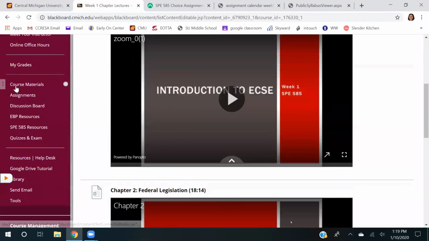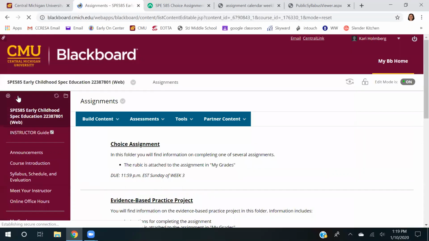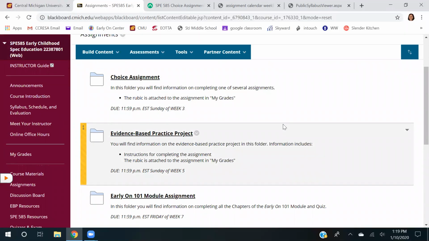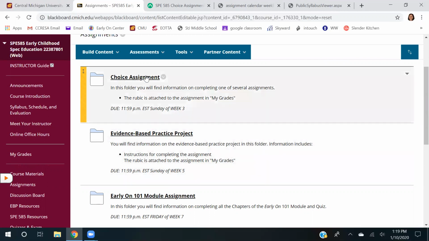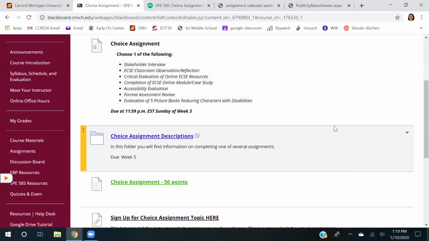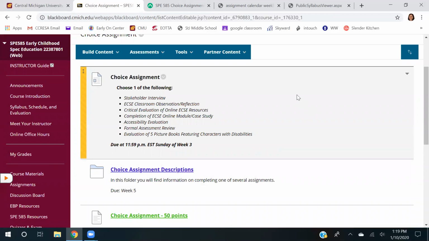So again, each week, the courses are broken up under course materials. You will then click on the assignment tab and you will find the 3 assignments: choice assignment, evidence-based practice project, and the Early On 101 module assignment. And here you will find all the content organized into the assignment for each of these. So for the choice assignment, you can do the stakeholder interview, you can do an observation on an ECSE classroom, you can do some evaluation on ECSE online resources,